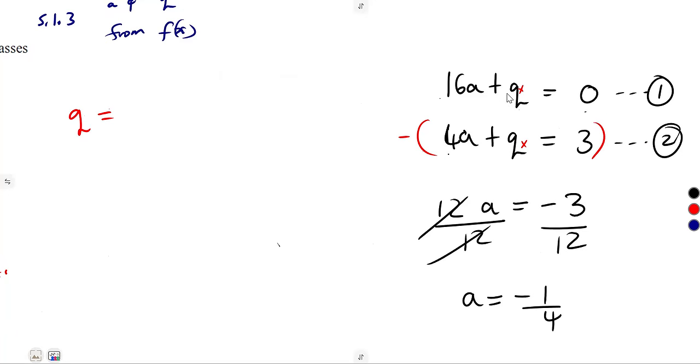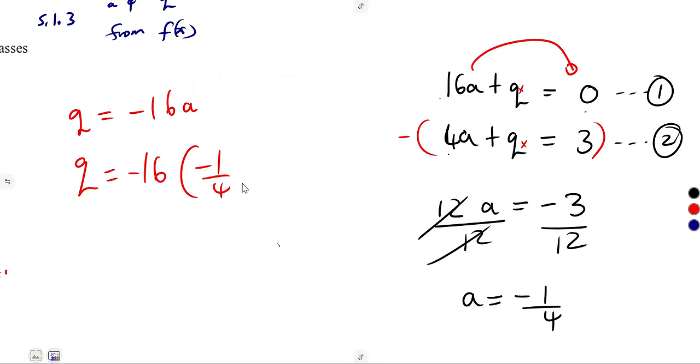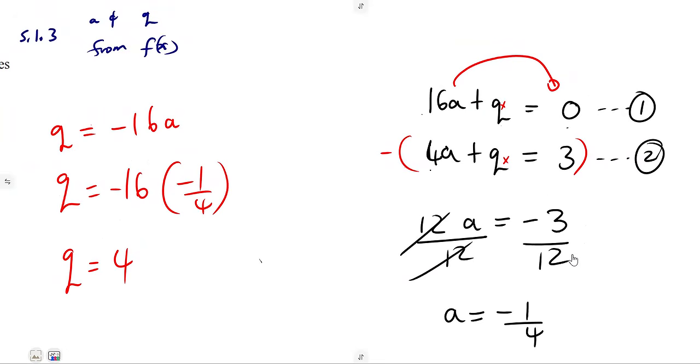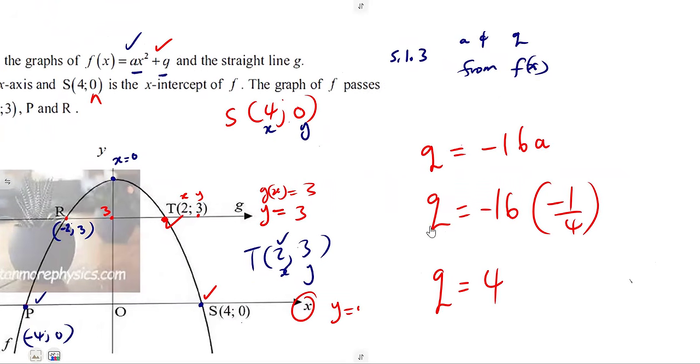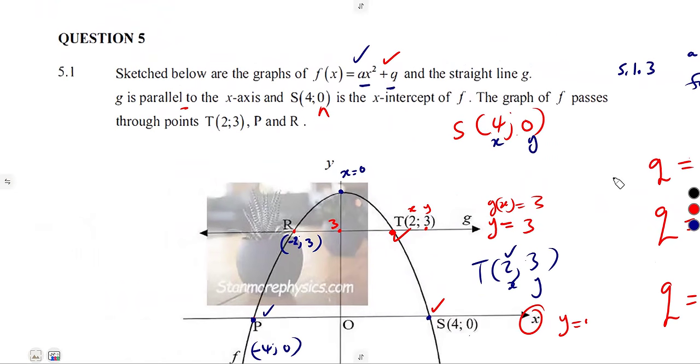We can say q is equal to what? We can take this 16a to the other side, so it's going to be minus 16a. So q is equal to minus 16 times a, which is minus 1 over 4. So that was going to give us a 4 if we simplify there. So these are the values, guys, of a and q. All right, so that is what we needed,